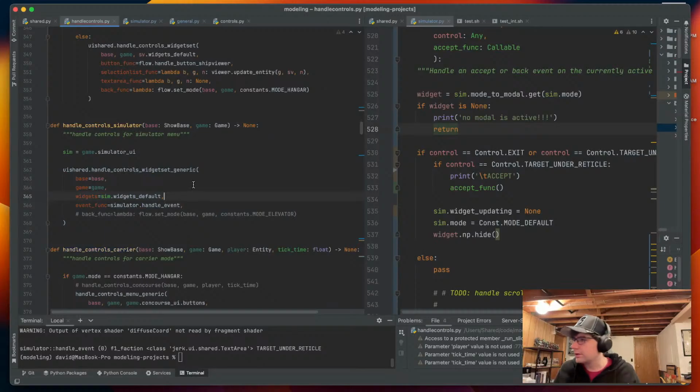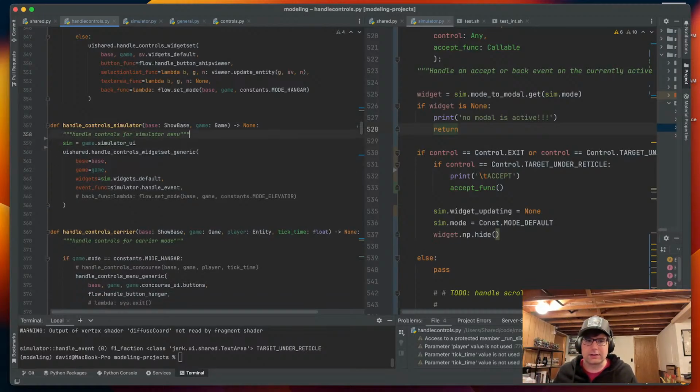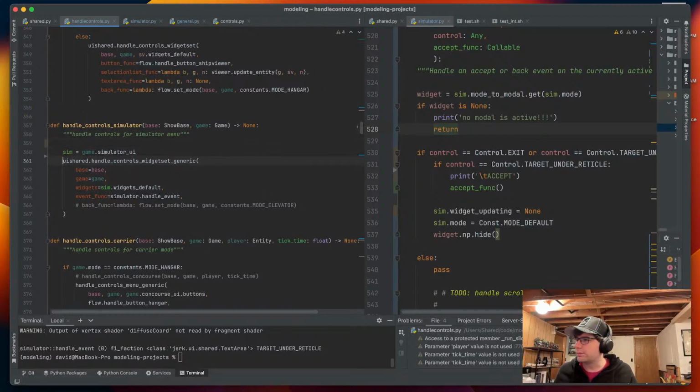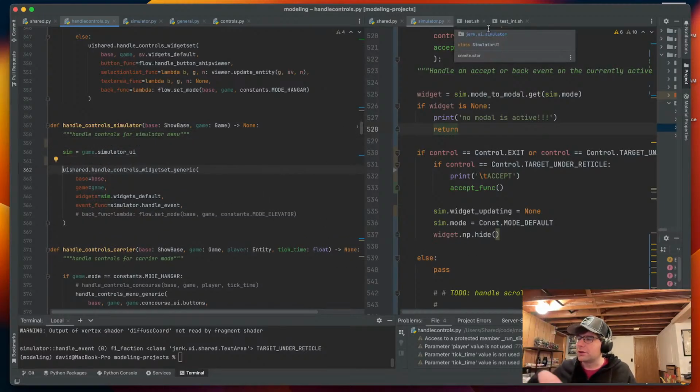So basically the way the controls are handled in the game is there's just a general function called once every game loop, handle controls, that reads controls out of a dictionary, and depending on the game mode and other stuff that is set, it goes through basically a giant if-else ladder and chooses different things. And I have sub functions for handling the controls for different game modes. So here's the simulator control, and